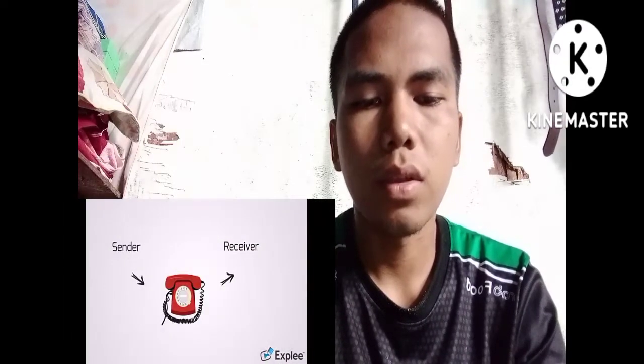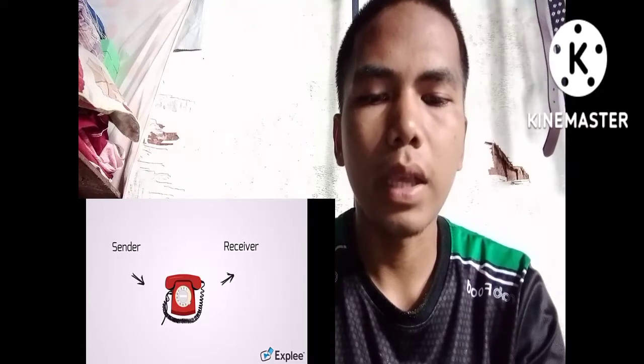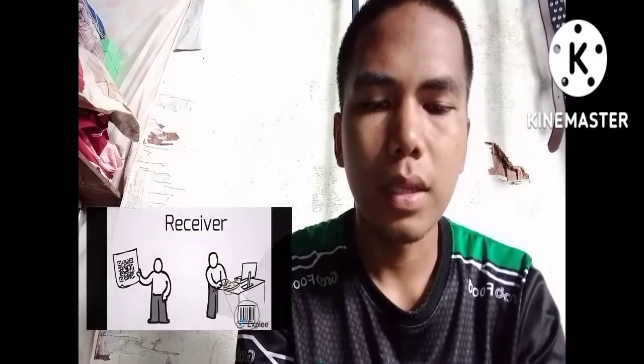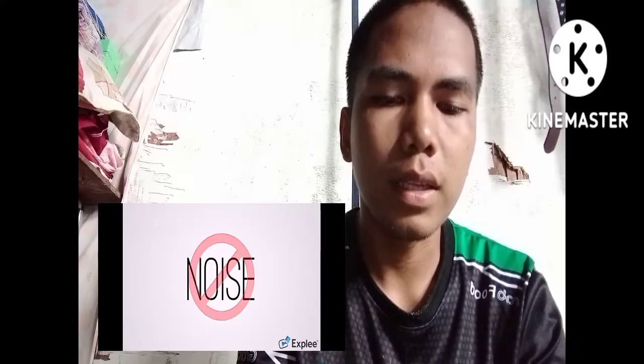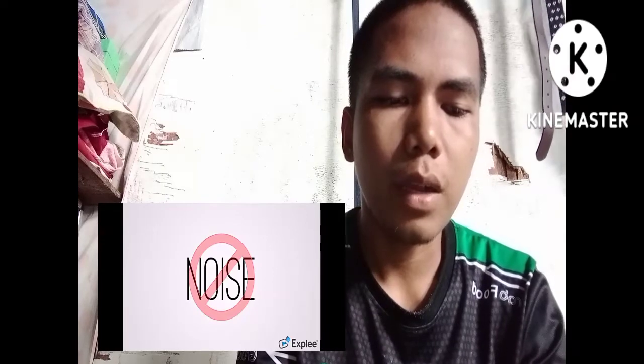How does the model work? The sender encodes the message and sends it to the receiver through a technological channel like telephone and telegram. The sender converts the message and encodes it to be understandable to the machines. The message is encoded through a medium. The receiver has to decode the message before understanding and interpreting it. The receptor machine can also act as a decoder in some cases. The channel can be full of noise and the receiver may not have the capacity to decode, which might cause problems in